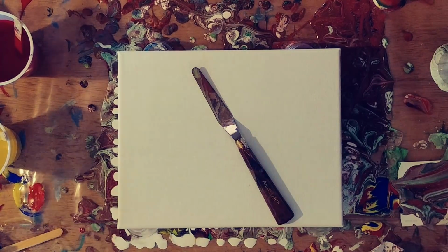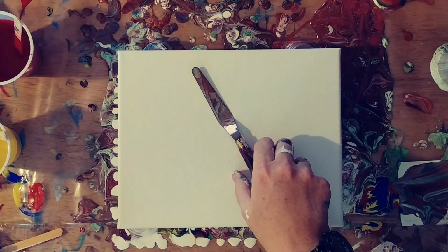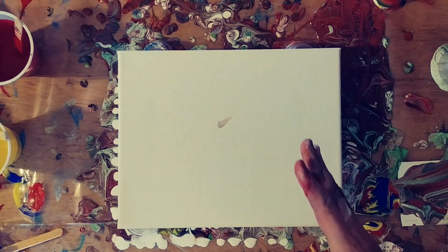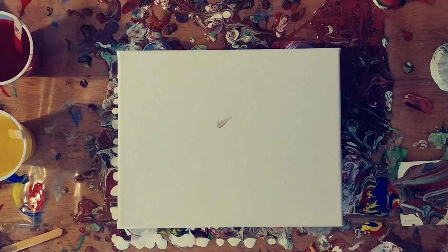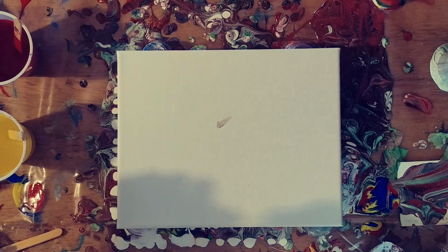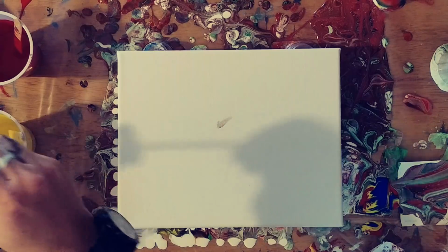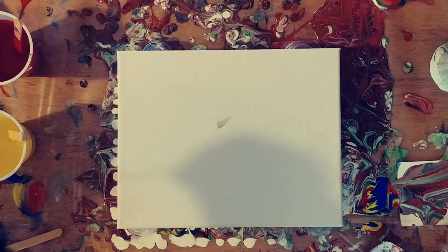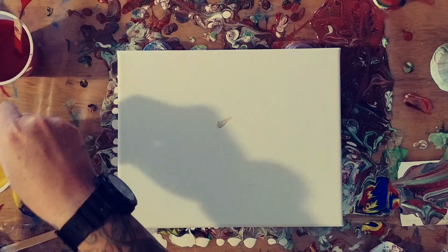Hi, guys. I'm back. And this is on the tail end of that flip and drag, so you're probably seeing this at the end of that video. I've still got some paint left in the cups, and I hate to waste paint. So I'm just going to do a real quick flip cup with what's left of the paints. And this time I'm going to completely overload my paint with silicone, just a bunch of silicone, to see what happens. The surface will probably be really shiny and messy, and I'll probably have to clean it afterwards,